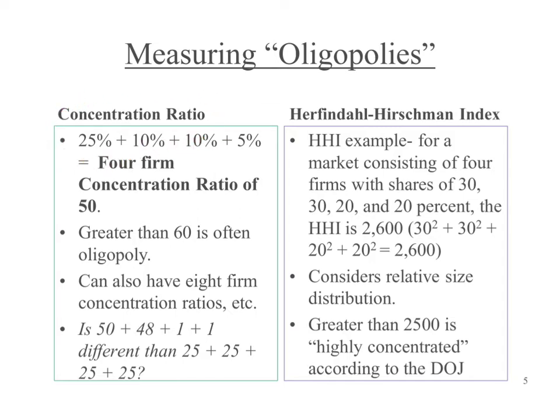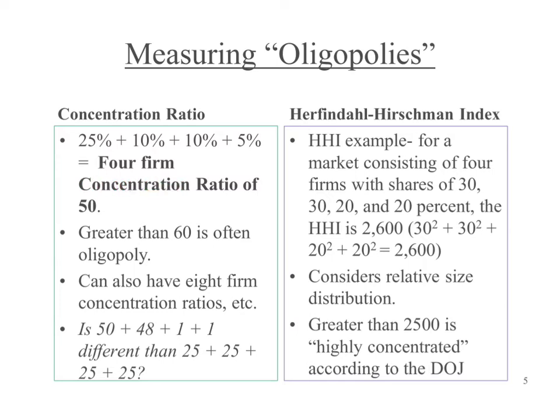Okay, very straightforward. Imagine that there's 4 firms, okay, firm 1, firm 2, firm 3, and firm 4. And each one of these firms is capturing a certain percentage of the market. Okay, they're capturing a certain percentage of the revenue. 25%, 10%, 10%, 5%. Okay, if we were to actually tally up the concentration ratio for these 4 firms, and it's possible there could even be 8 firms or 10 firms in the market, but if we just took the 4 largest firms, what's the 4 firm concentration ratio?